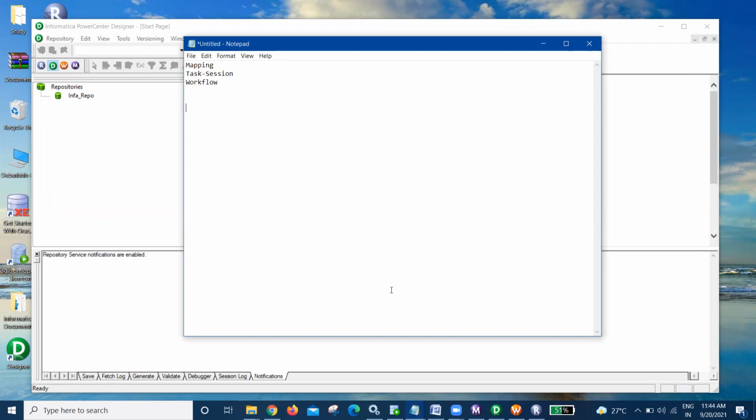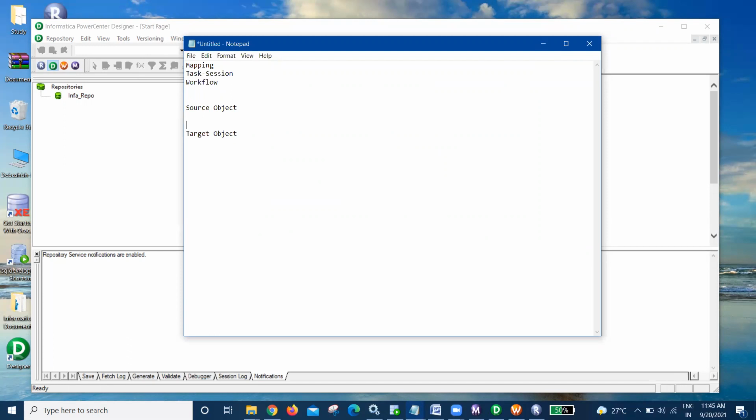As it is extract, transform, loading, we need some source object, so we have a source object in the designer, and we must have a target object also.